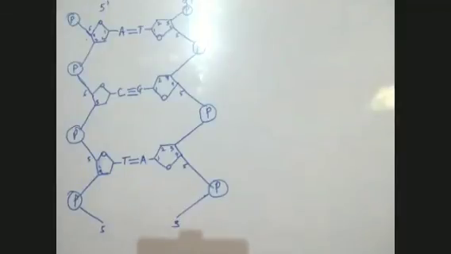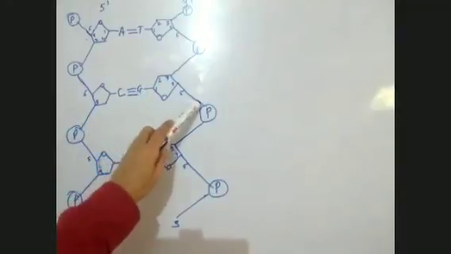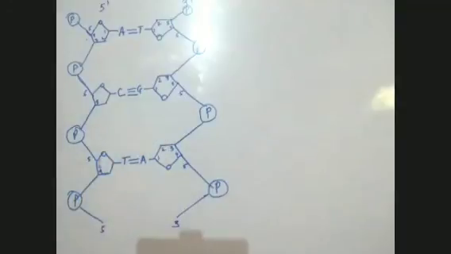This is a much more elaborate structure of the DNA molecule. And these are hydrogen bonds. This is the glycosidic bond and this is the ester bond. Now, in some books, you will find it written as phosphodiester bond. Diester means two ester bonds.